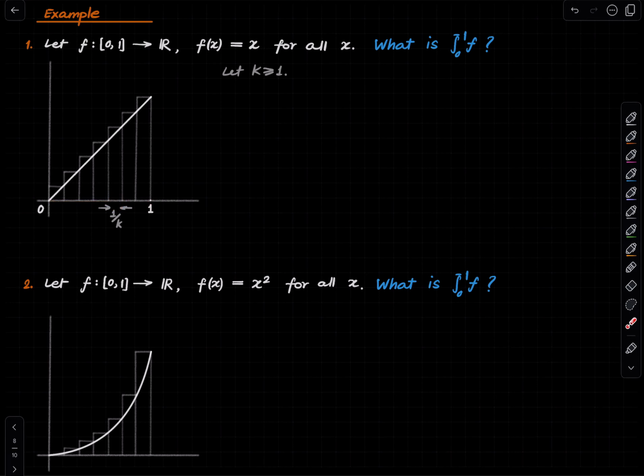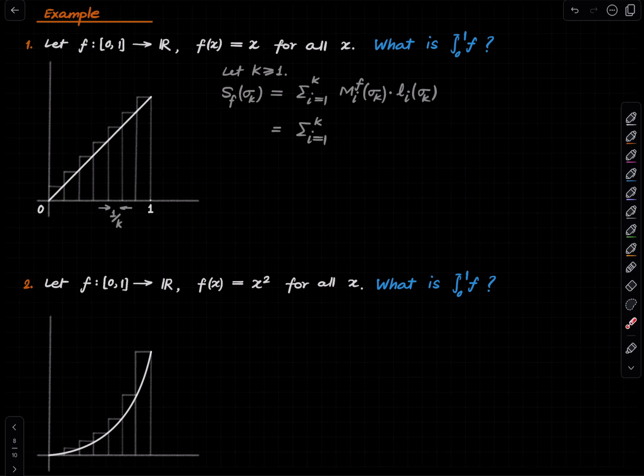So that's our subdivision. This is a0, this is a1. a1 is nothing but 1 upon k. a2 is 2 upon k, 3 upon k, and so on. So each part has length 1 upon k. And now what is the upper sum corresponding to sigma k? Well, what is the definition? The definition is the sum from 1 up to k. k parts are there, and then you write this number and then the length of the ith part of sigma k. So this is equal to,